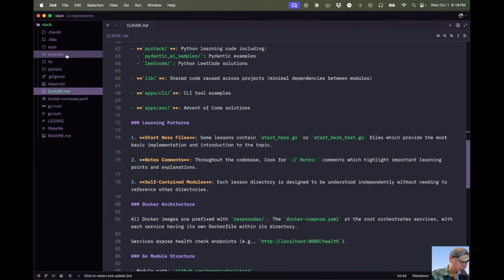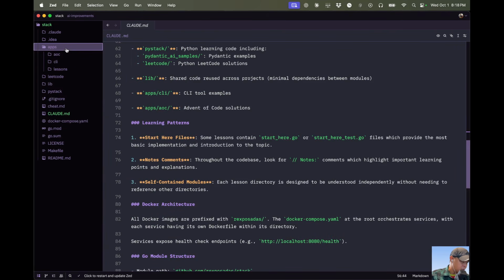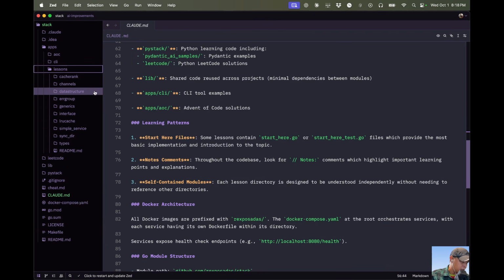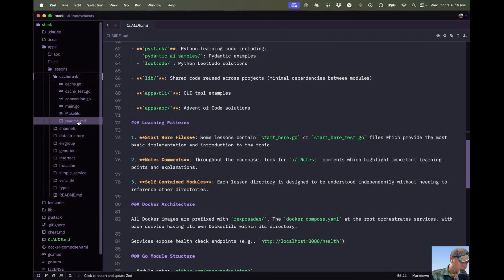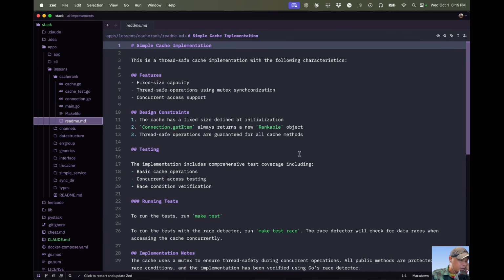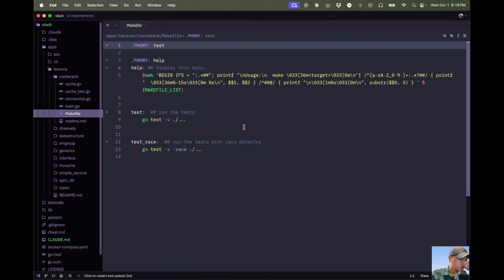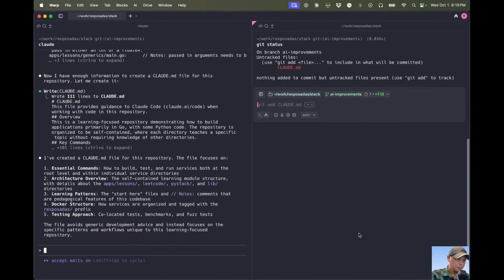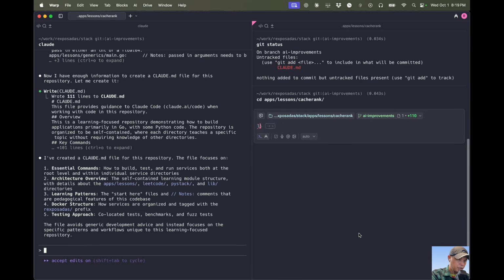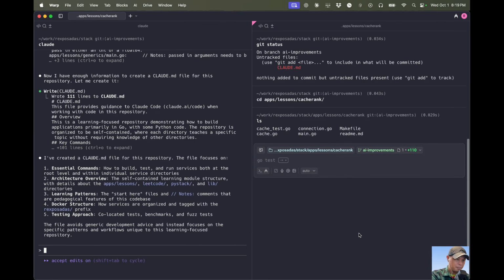All right, so let's do this. Let's go to the apps directory, to lesson cache rank. And what does this do? So, thread safe cache implementation with the following characteristics: fixed size capacity. Some make files here. So if I were to go here to apps lesson cache rank, I have my